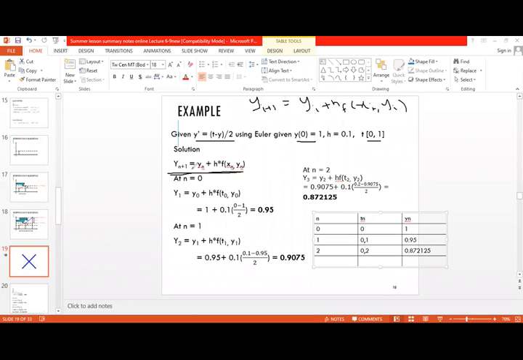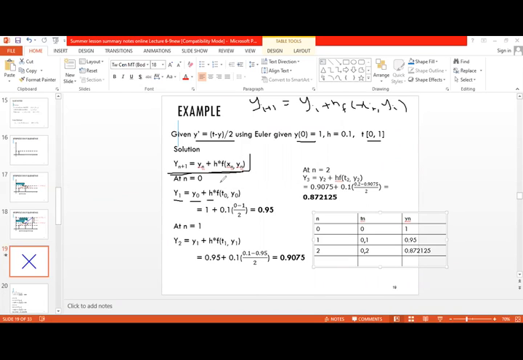Instead of i, this time we have it in terms of n. So your n is going to be 0, 1, 2, 3, 4, etc. So per this formula, if n is equal to 0, then this will be y 0 plus 1, so that would be y1. And then this side will be y subscript 0, plus the step size h, and then function x